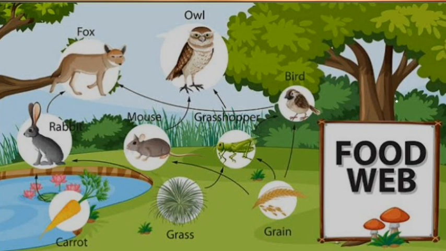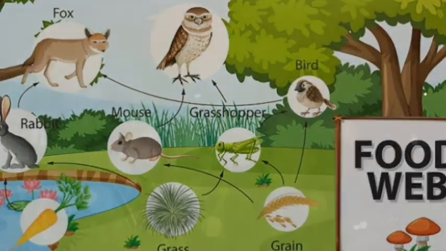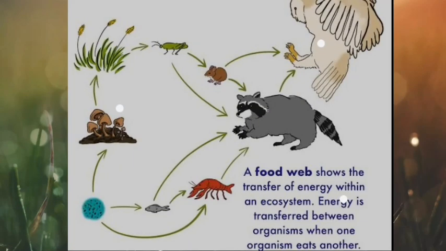As we know, energy is a very important thing. Energy is the ability to do work. Without energy, we can't perform any kind of activity. Like us, different kinds of animals cannot perform their daily activities. Therefore, the food relationship should be there among living organisms. So today we will discuss what a food web is.